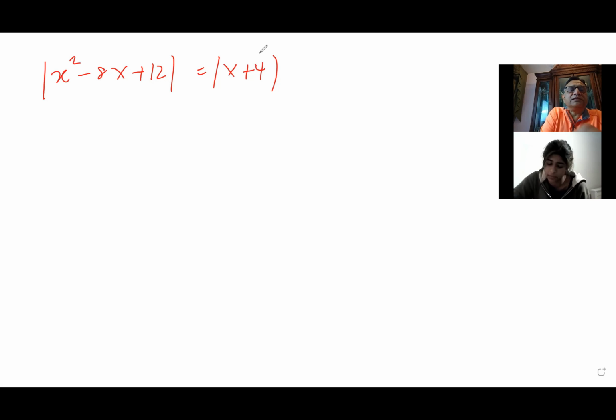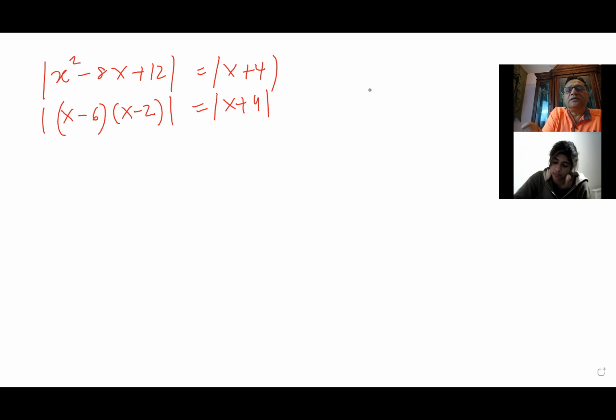Okay. First, let's factor this part. X squared minus 8x plus 12 means 6 and 2, right? So minus 6 times minus 2. Well, that is equal to x plus 4. Now, if I want to sketch this, it will look like,